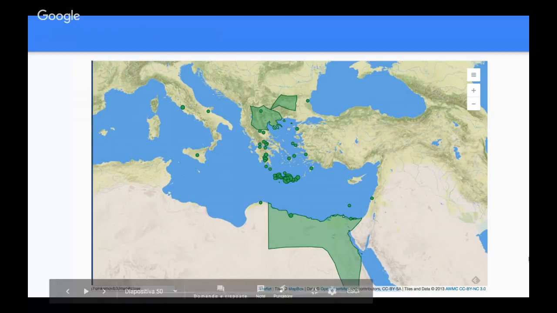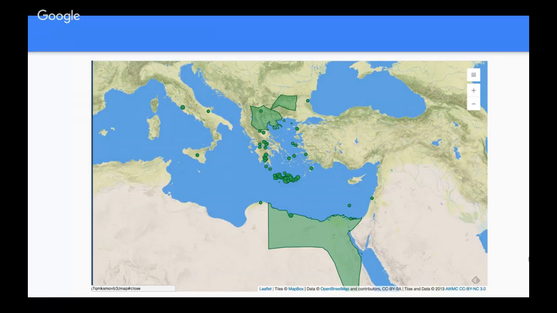Since we promised that we would give an introductory view on the visualization of Recogito, I thought it might be useful to remember that Recogito itself offers you some options in terms of visualization. For example, I wanted to present this map, which is the resulting map from a geotagging experiment that one of my students did on the description of Crete in Strabo's Geography. And this is the resulting map.